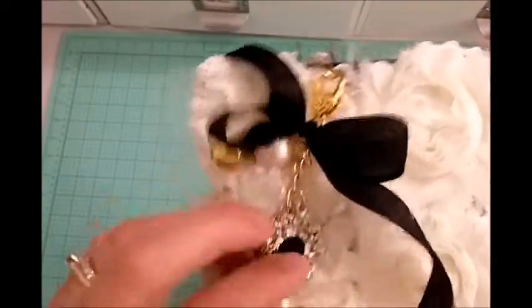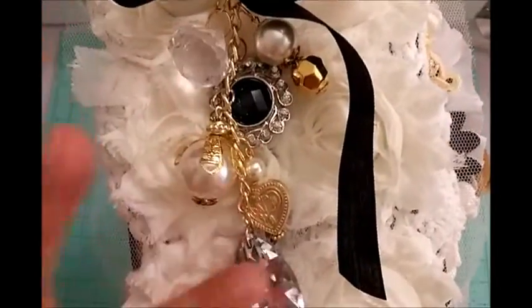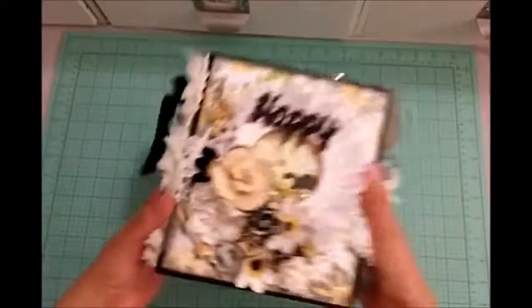And that's that. I absolutely love this. I didn't want to add too much on here. I wanted everything to show off. And a little seam binding bow. All right, so now,